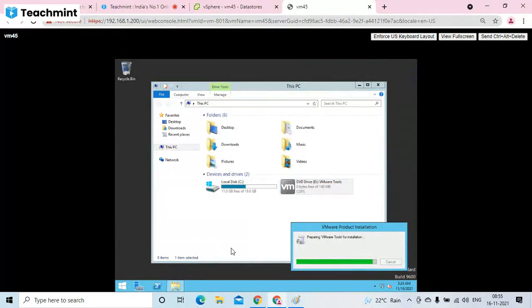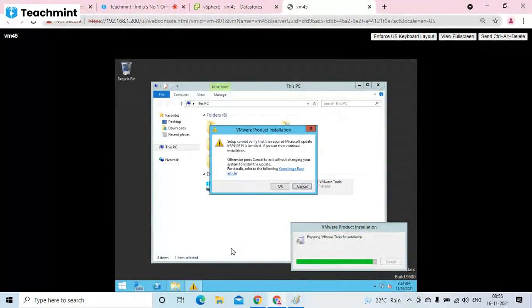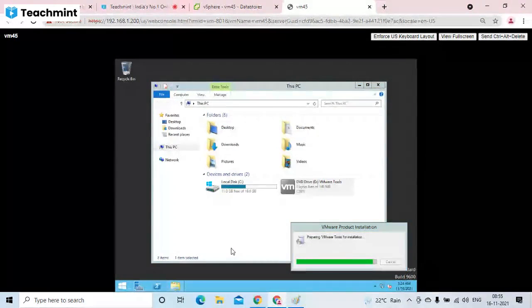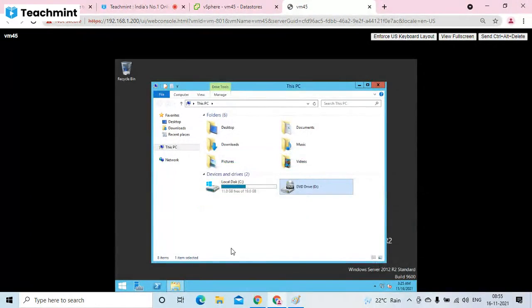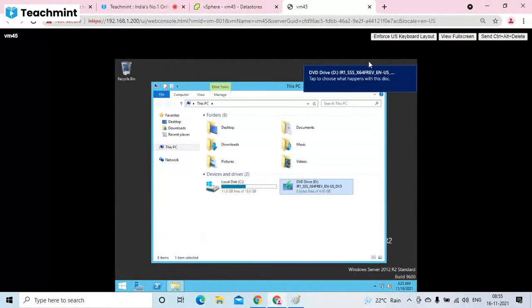Just double click on the CD DVD drive and the installation. There's some problem. It's giving some trouble to install. We'll check that later.